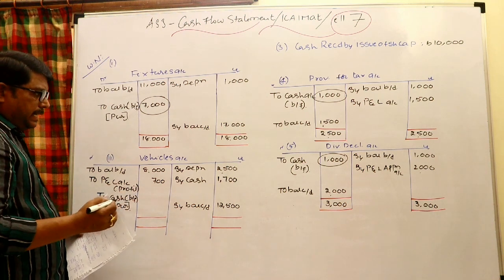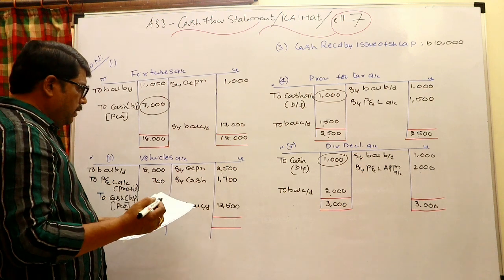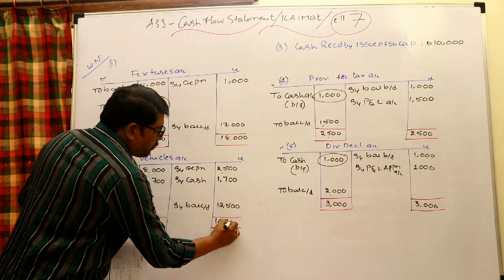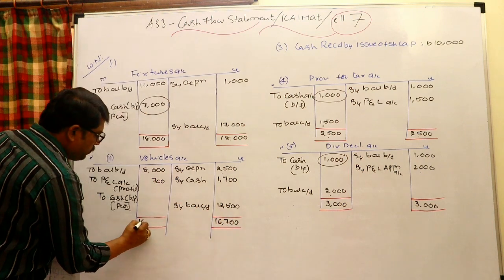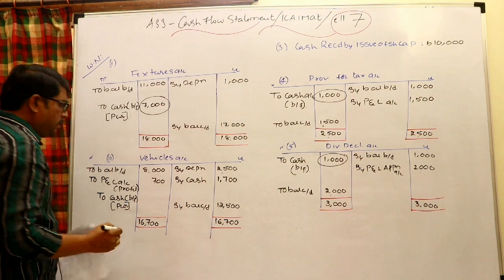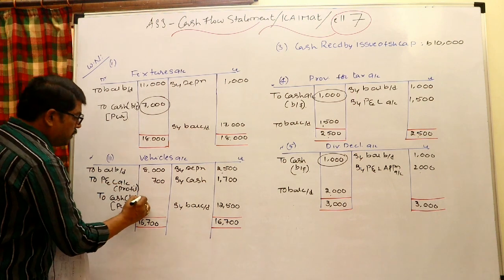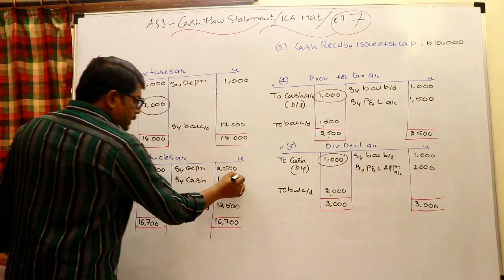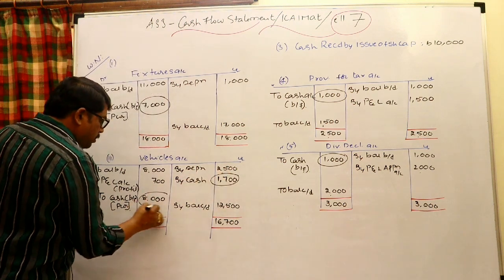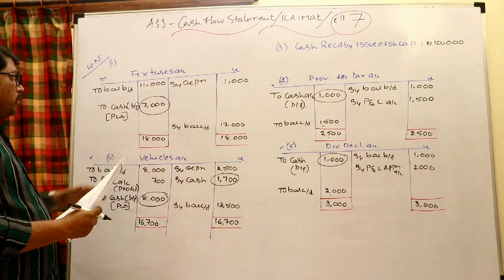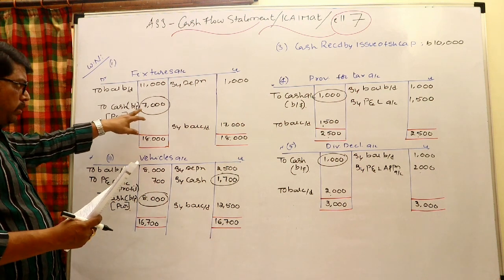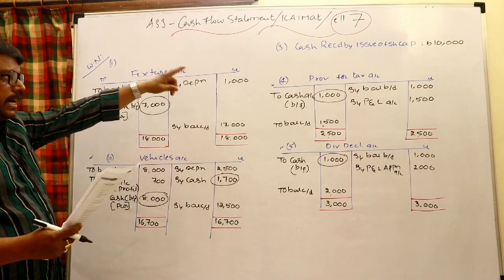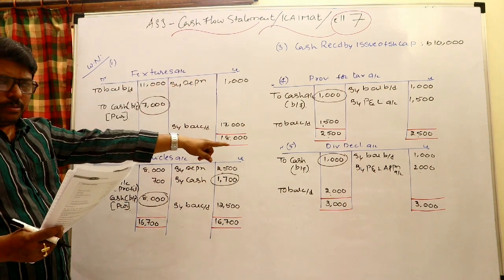Okay, go to the credit side, and the credit side total is looking like 16,700, and of course purchase is 8,000. Already the sale amount is given, and the purchase amount we are able to know. So here purchases is not given, we are able to find out the purchases of fixtures as a missing figure. Tax paid we are able to know, dividend paid we are able to know.